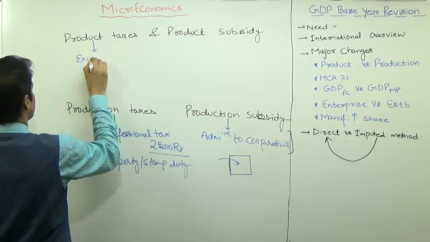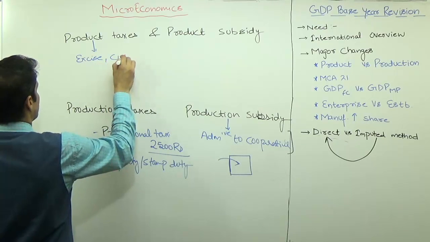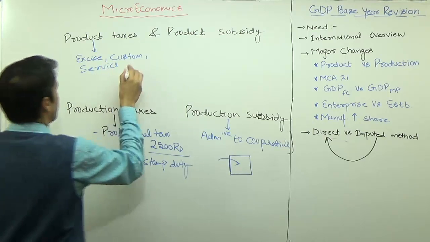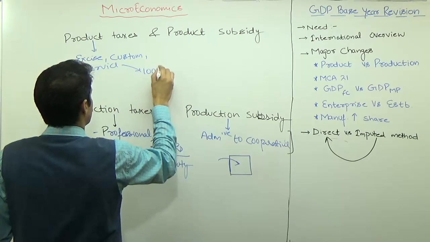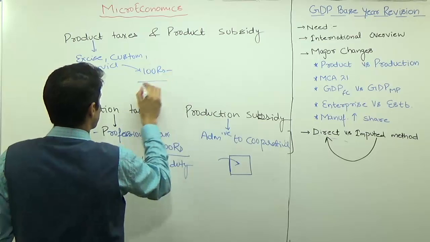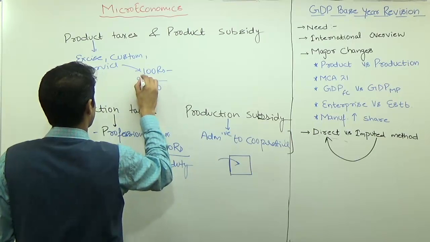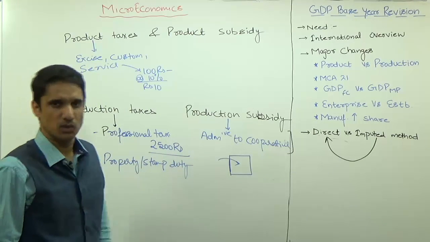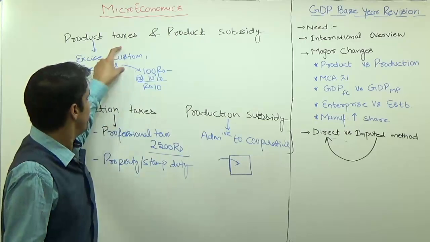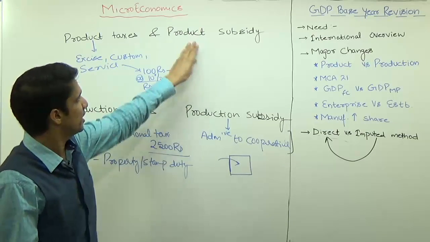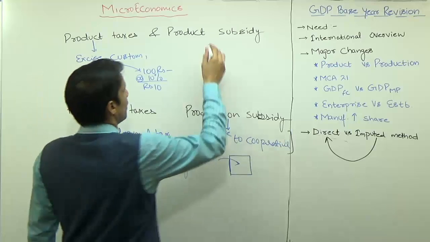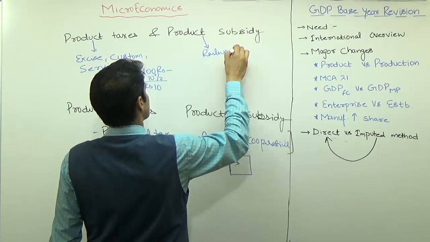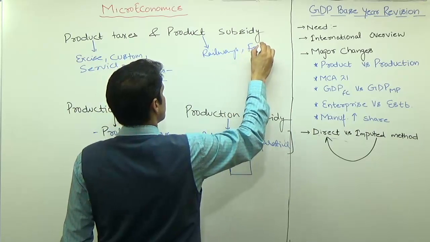We have excise, we have custom, we have service. So if you are providing a service of 100 rupees, you have to pay 10% of this, which means rupees 10. If you are providing a service of 1000 rupees, then you have to pay 100 rupees as the service tax. So it is dependent on the value of output. For example, in case of product subsidy, we have subsidy to railways, then we have fertilizer subsidy,